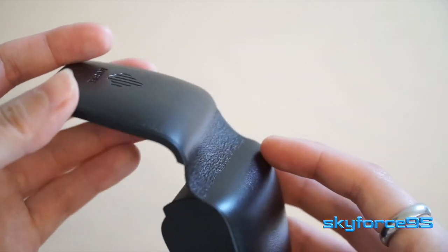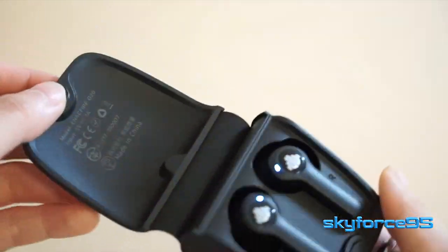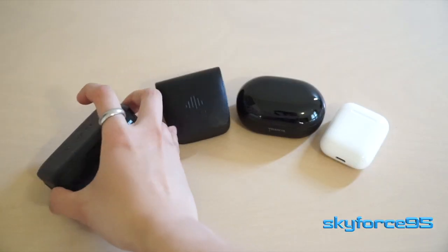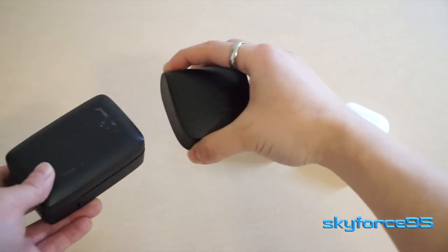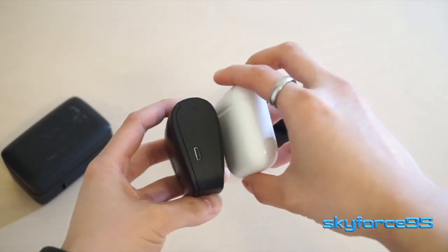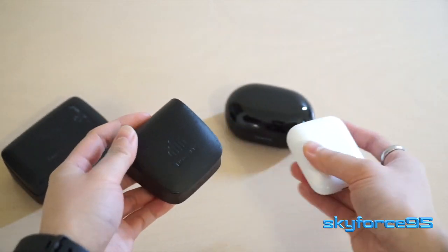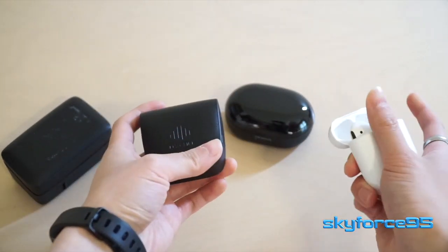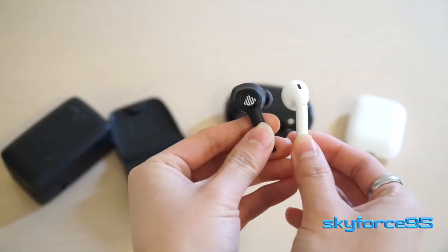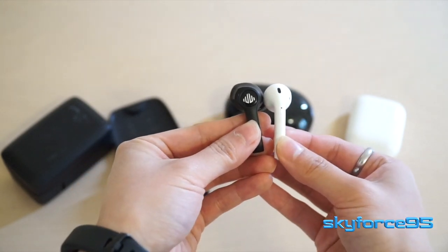Some may feel that it makes the design overall more sleek, but on the other hand, it kind of loses the functionality of keeping the lid open when you want it to. Though no matter how you slice it, this is definitely one of the more compact cases ENACFIRE has to date. You can see a quick comparison here with the ever infamous Apple AirPods that I have here. And I do believe that this particular model is trying to compete head-on with the Apple AirPods Pro to some extent. While it's not really trying to compete on price because this is significantly cheaper than the Apple AirPods Pro,